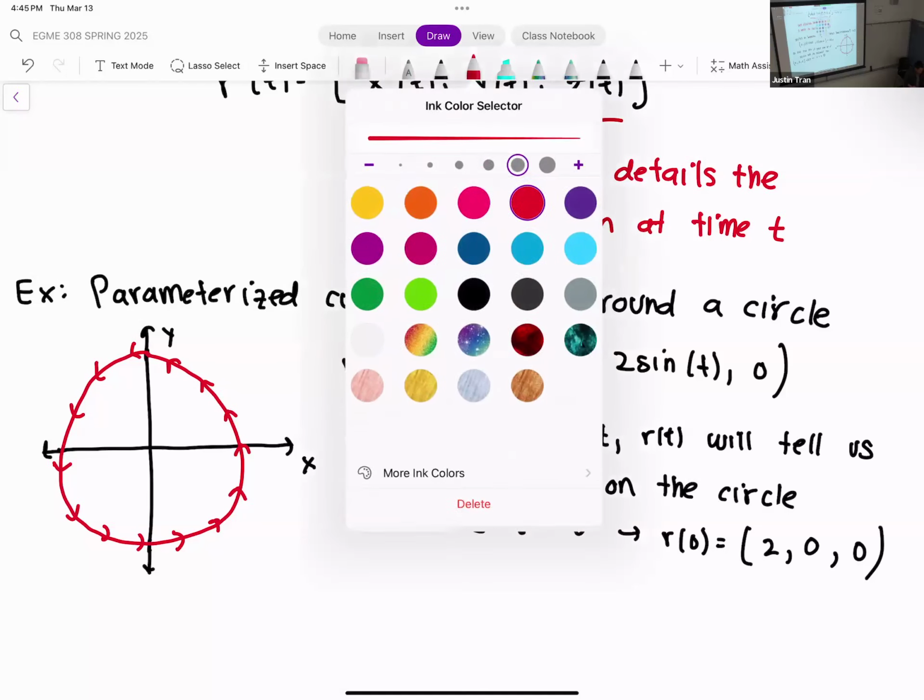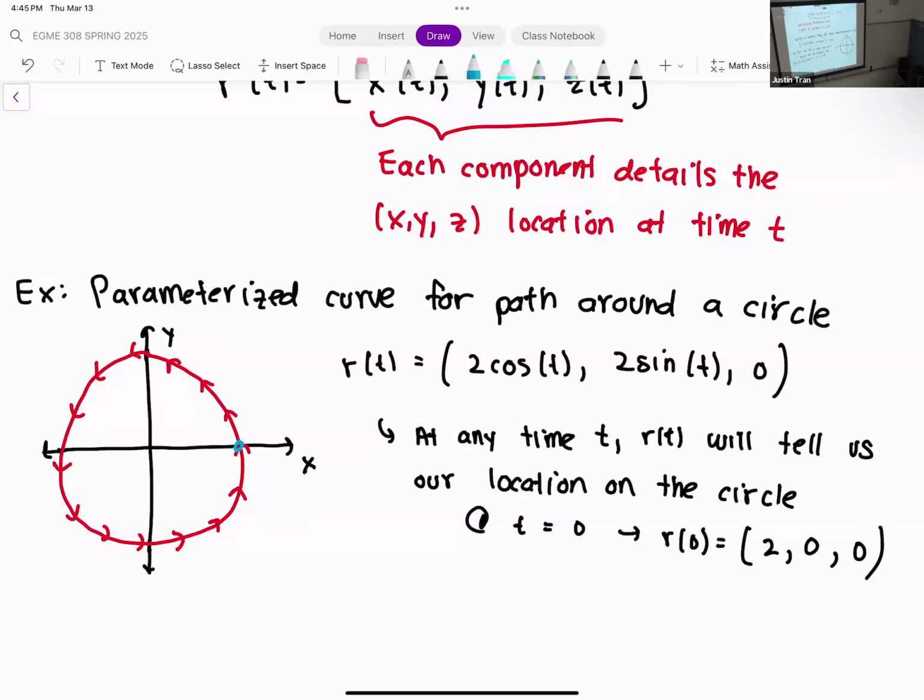Where that is on the curve is right on the x-axis. So this is our location at t equal to 0. Now t equal to 0 is usually your starting point, so we said that our starting point on the circle is going to be at t equal to 0. Let's evaluate another location on the circle. Let's evaluate this at pi over, we'll make it easy, pi over 2.